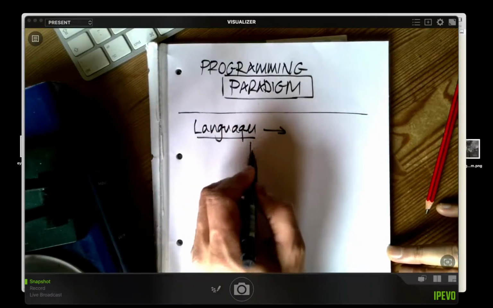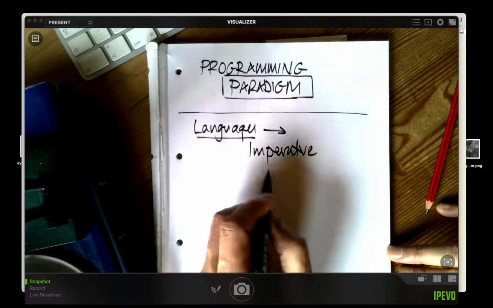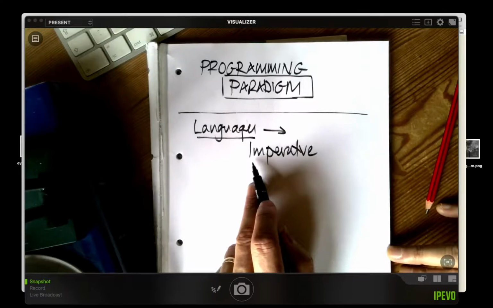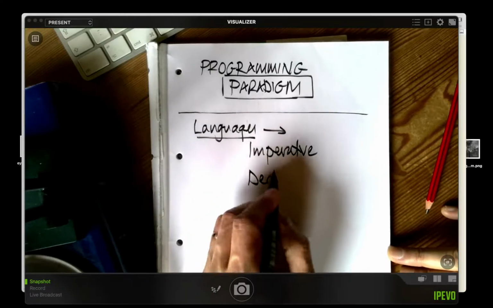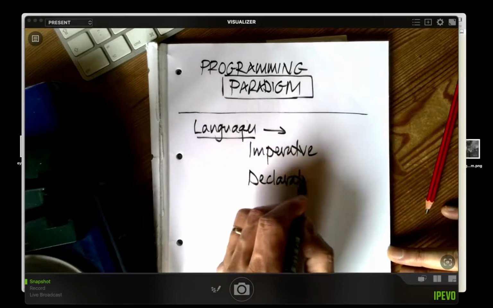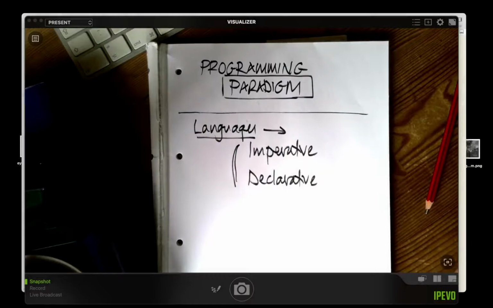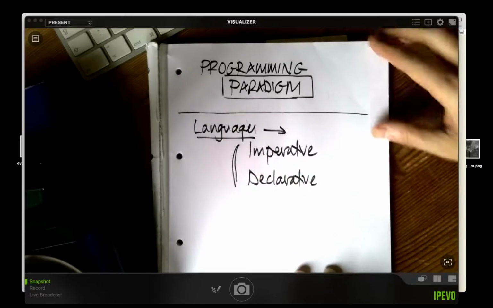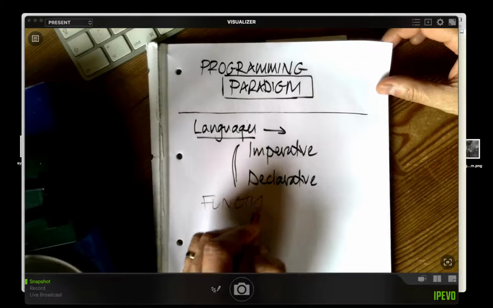One, which is the one that you have largely been coding in, is called imperative, and we'll explain what that is. And the other one is called declarative. And the distinction between them is quite critical, and it's important to understand how functional programming fits into this, because